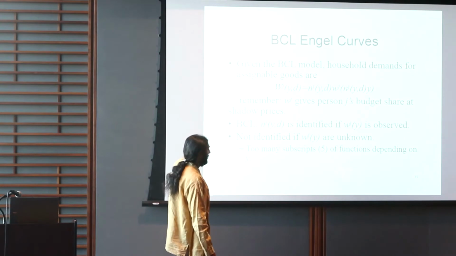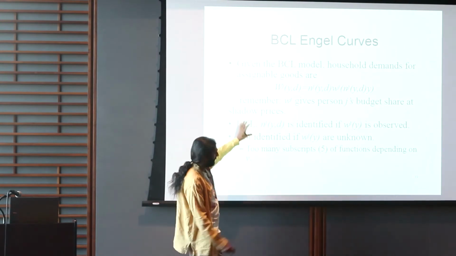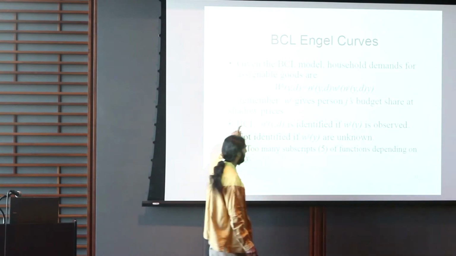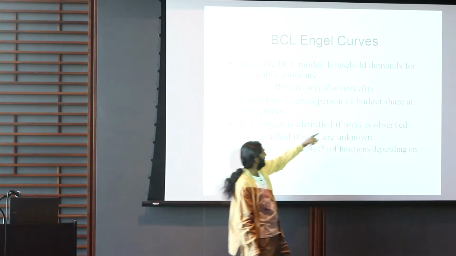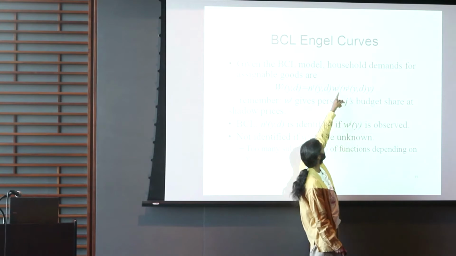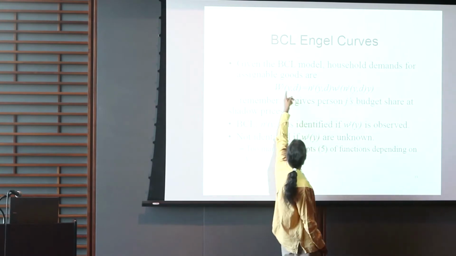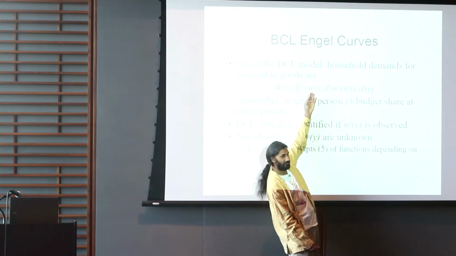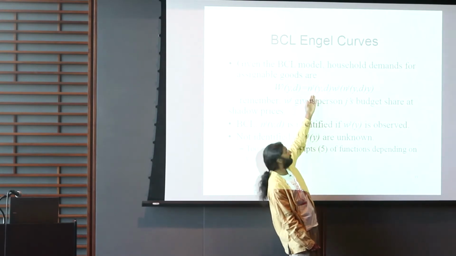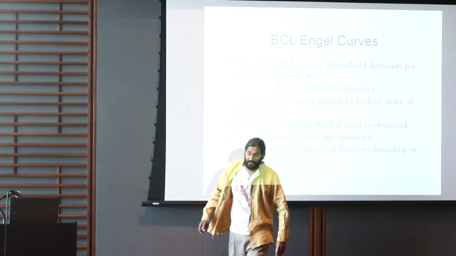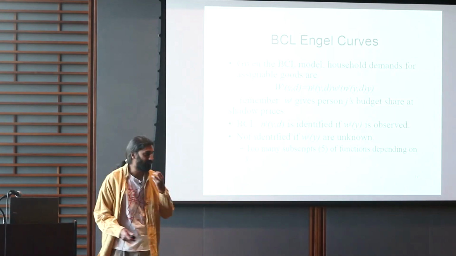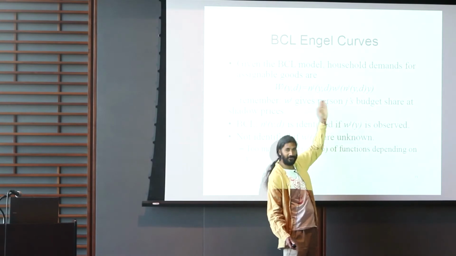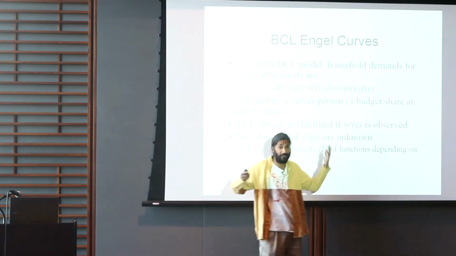So you can kind of see how BCL gets identification. They say that this function W^j is observed. So I've got all these. All I've got that's not observed is this. So there's enough information here to pick up these. So you might say to yourself, that's kind of a cheap trick. I've got so much unobserved. I've got two unobserved functions on the right-hand side. I pretend one is observed, and I'm good.